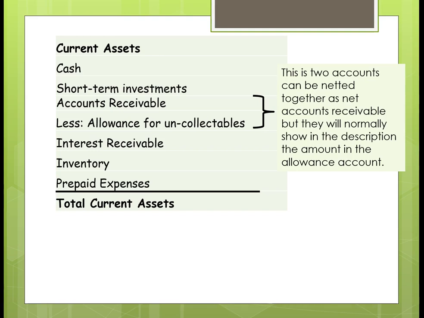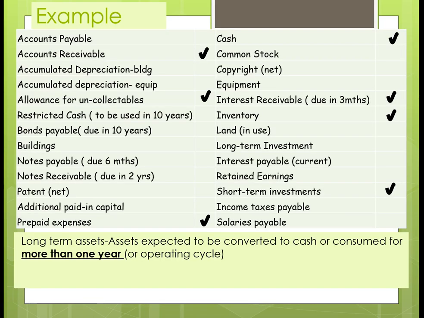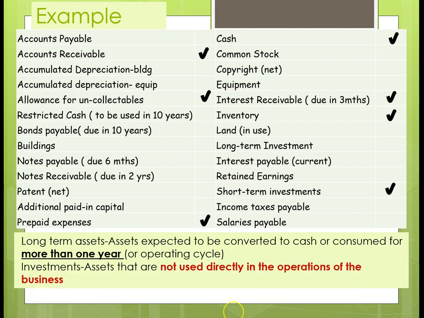Now we're going to look at our next category, which is long-term assets. Again, these are anything that we expect to convert to cash or consume for more than 1 year or the operating cycle. We're going to start with the first category, which is investments. Now, here's the big difference. Assets that are not used directly in the operation of the business. So, if somebody buys something that's outside their normal scope of business, i.e. they buy a piece of equipment that they believe is going to go up in value, but they're not going